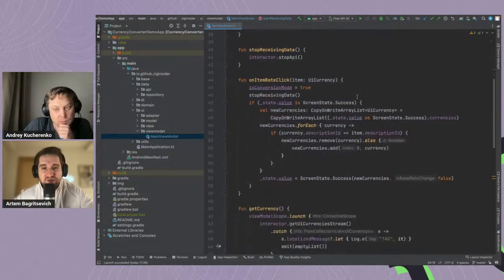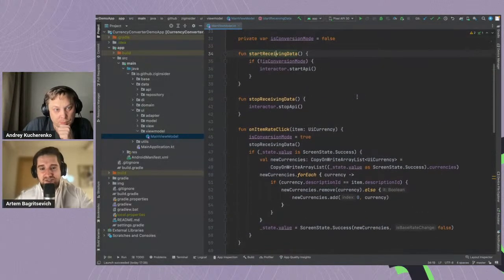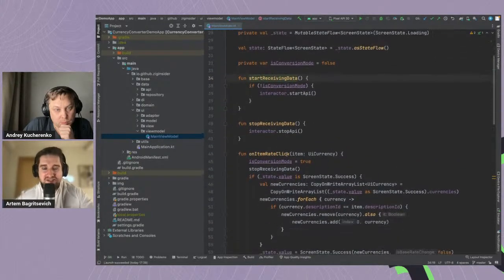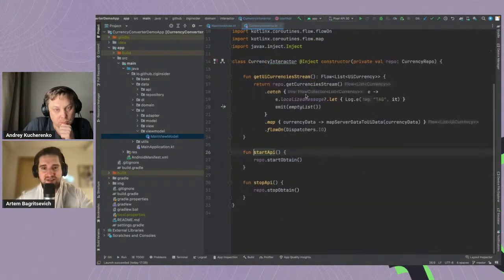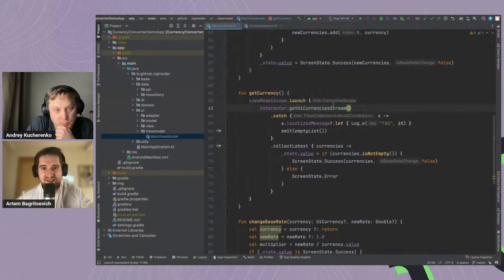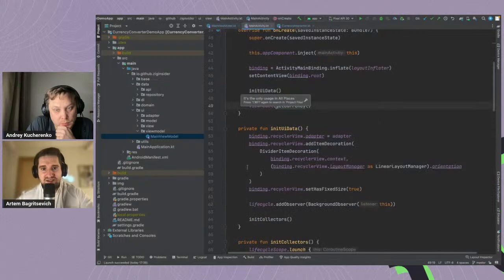Inside the ViewModel, we're handling events from the view, for example, on item right click, and on different events. Start receiving data is also triggered from the view side. We're just calling start API, and this flow in the Interactor will start running, and subscribers of this Interactor will start to receive updates. Let's see where it happens, and it happens in the get currency function, and it is called